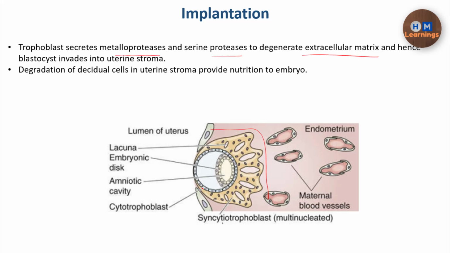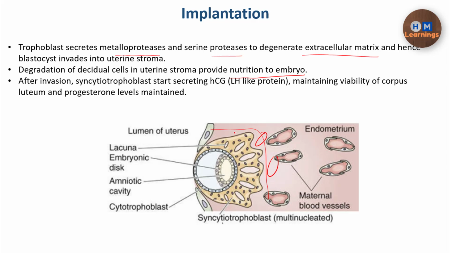These are the endometrial cells, and now the blastocyst with the syncytiotrophoblast is actually inside the endometrium. The stromal cells have formed the decidual cells, so the decidua has been formed. If you remember, in the first slide we talked about pre-decidualization and decidualization. These decidual cells are loaded with nutrition, lipids and glycogen. They are going to be degraded, and this is going to provide nourishment to the embryo. This has completed the implantation, and after invasion, the syncytiotrophoblast is going to release HCG,